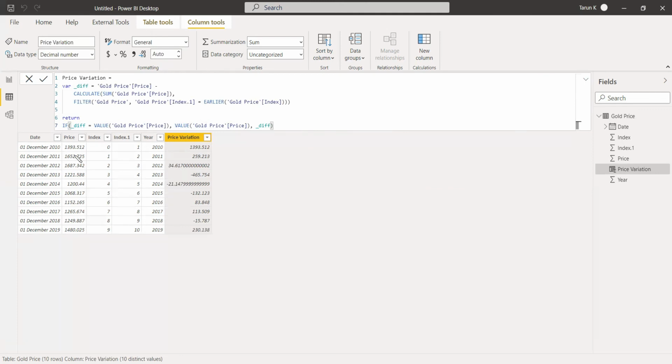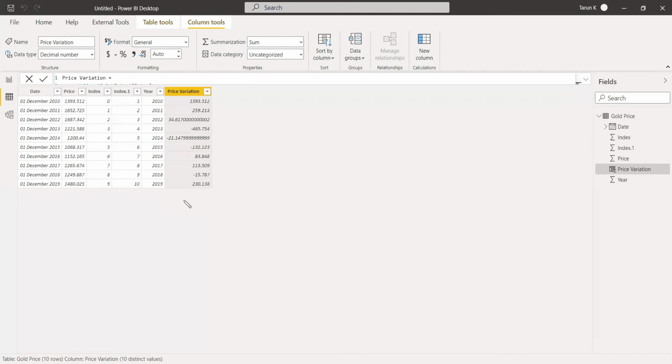You can see the price difference between these two will be shown here, and everything will be shown. Here we will get negative values. Here it is going up, and then it is coming down. This much it is coming down, then finally going up, then coming down and going up. All these things will be clearly shown in a waterfall chart. Instead of a line chart, you can show it in a waterfall chart. It will be shown in a better view.